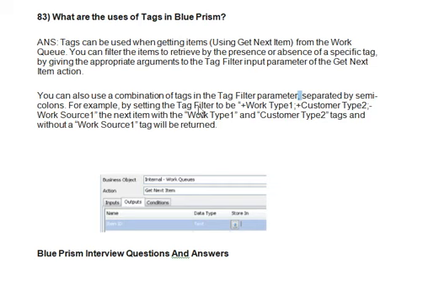For example, by setting the tag filter to plus work type 1, plus customer type 2, minus work source 1, the next item with the work type 1 and customer type 2 tags and without the work source 1 tag will be returned. So you can use all these filters in tag. Suppose you want 1 plus 1 plus 1 plus 3,